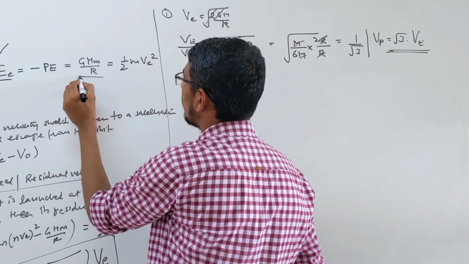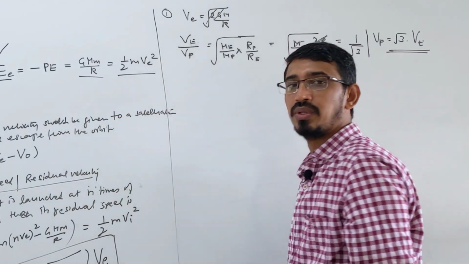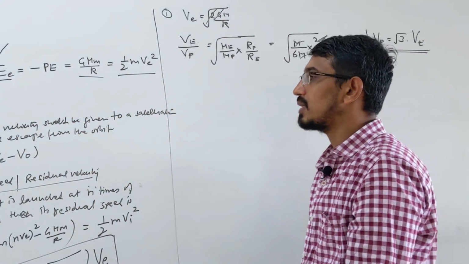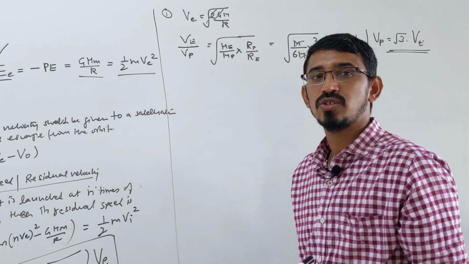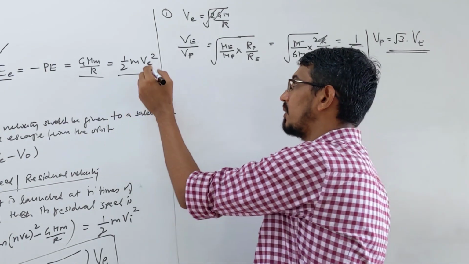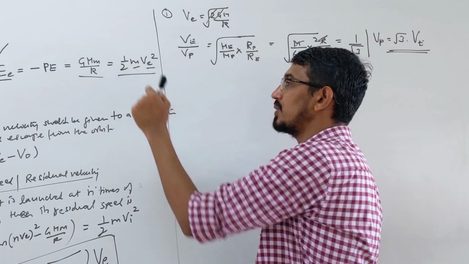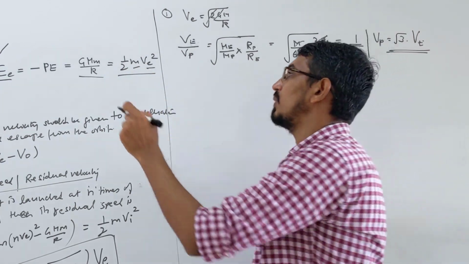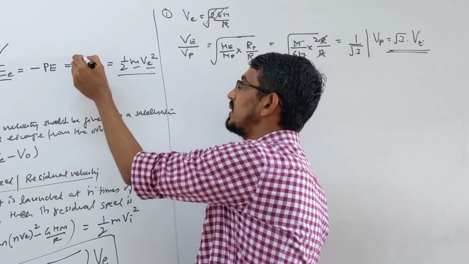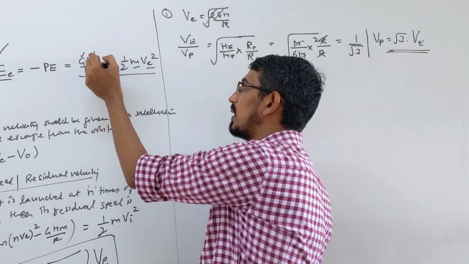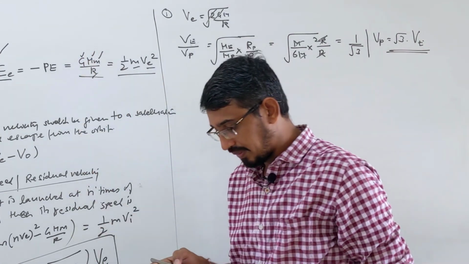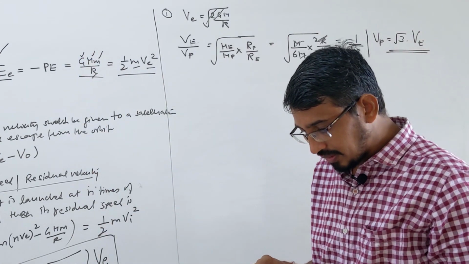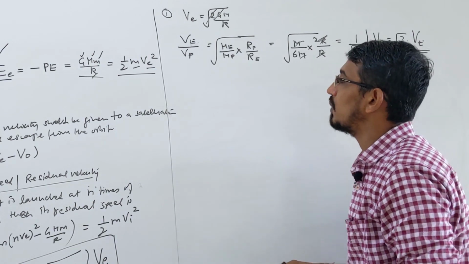You can write it this way, whatever you know, you can put all these values. Here the mass of the body is given and the escape velocity you know, right? For Earth they are talking, so this we also know, you can use this formula. Or if you want to use this formula, that also you can use. G is a constant, mass of Earth you know, mass of object given and radius of Earth also given. So which formula you want to use?